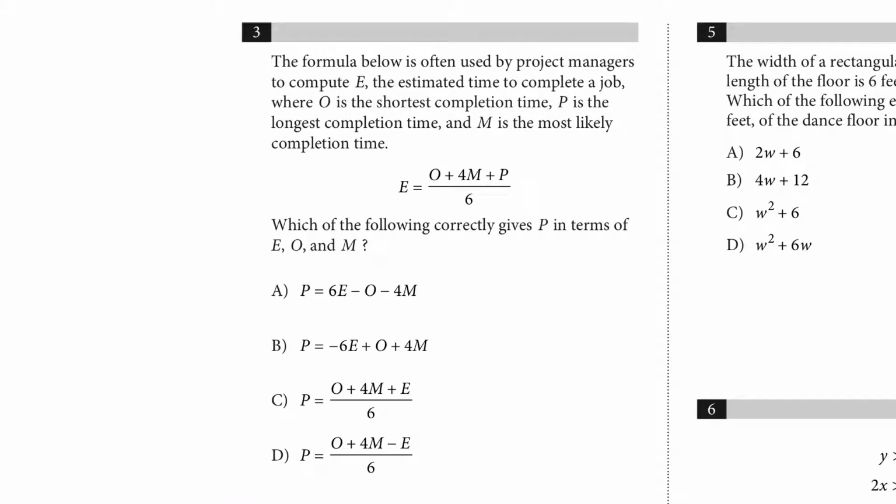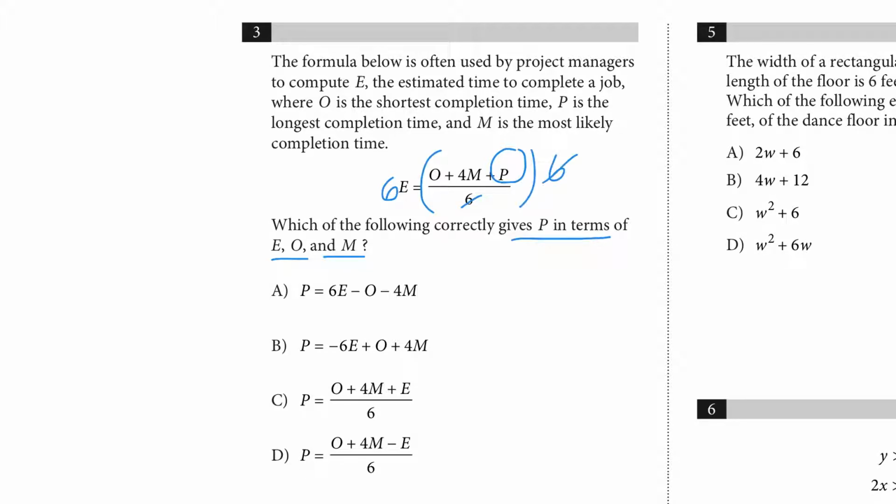Okay, problem number 3. The formula below is often used by project managers to compute E, the estimated time to complete a job, where O is the shortest completion time, P is the longest completion time, and M is the most likely completion time. And so in this problem we want to solve for P in terms of E, O, and M. So if you want to solve for P, this is P right here. We need to get rid of the 6, so we multiply by 6 on both sides,